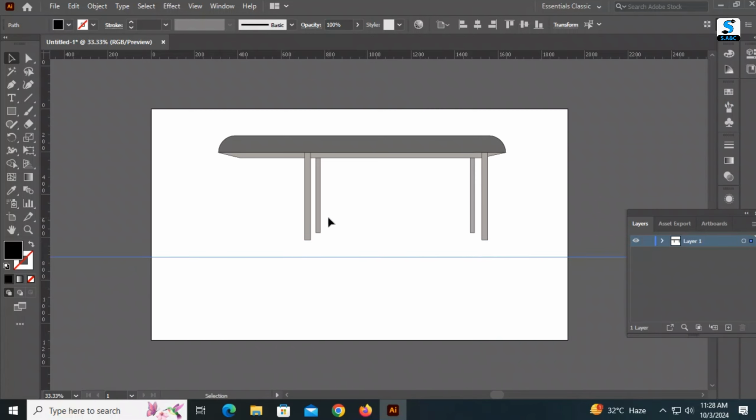I think the pillars need to be taller, so let's pull them down.